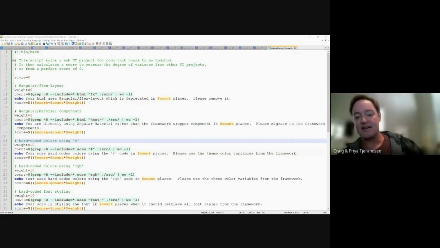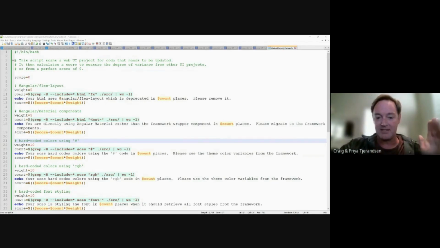You don't want developers putting hard-coded colors in there, because what if we change our theme? All of a sudden our company gets absorbed by another company and they have their own color scheme. I can't just change that in one place and have it flow through all of the applications because these teams overrode me. So when I run the whole script,